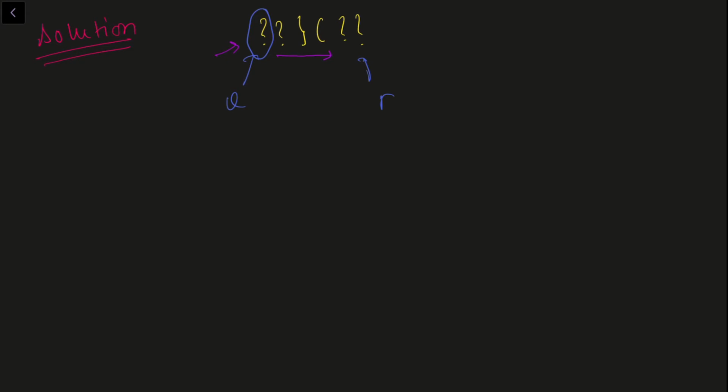So let's try to solve it recursively. Let's say this is currently our string. Then what are the choices we can make? For this guy as an opening bracket, I can have this guy as closing bracket. Since both of them are question marks, if this question mark is this, we can have this here. This question mark is this, we can have this here. This question mark is this, we can have this here. So this question mark can take 3 values. So we can have this as opening and this as closing bracket in three ways.